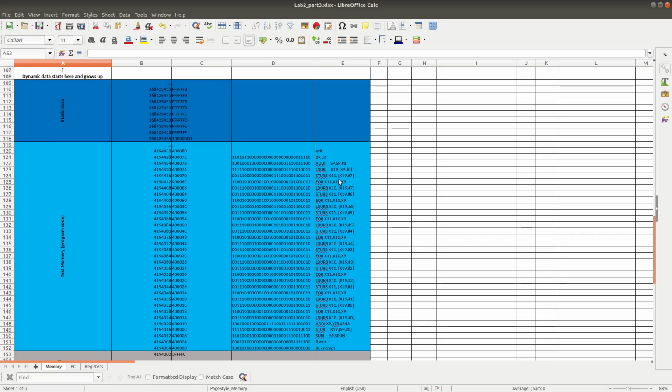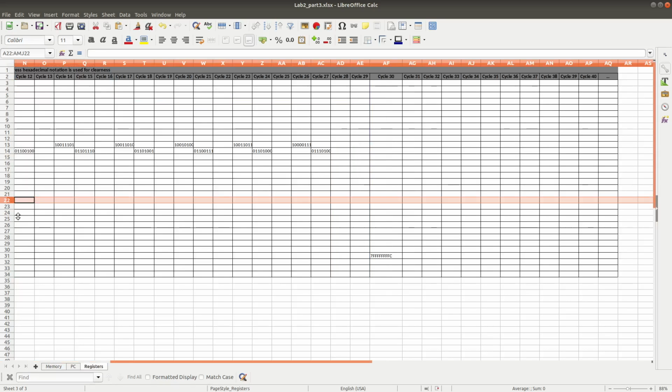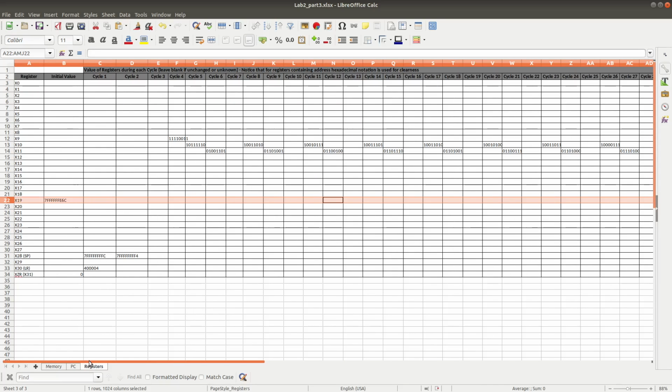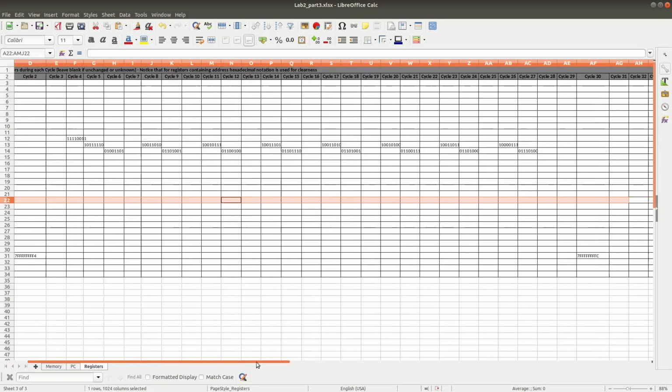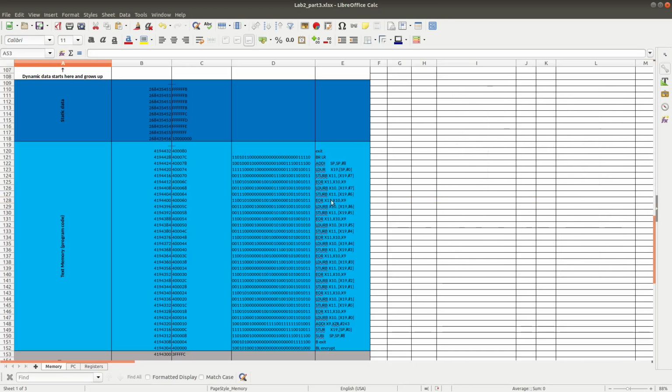So after this instruction, the same value of X19 will be loaded from stack memory, but the value of X19 won't change at all during our program execution. And so here you can see X19 keeps the same value forever, even after loading it back from stack memory.